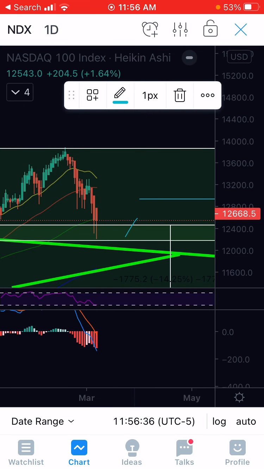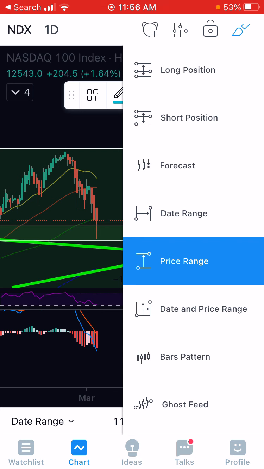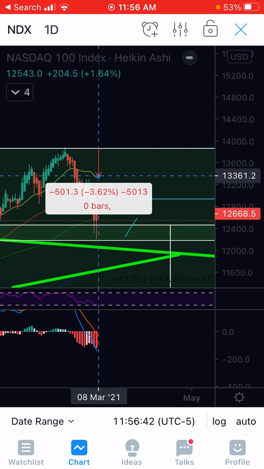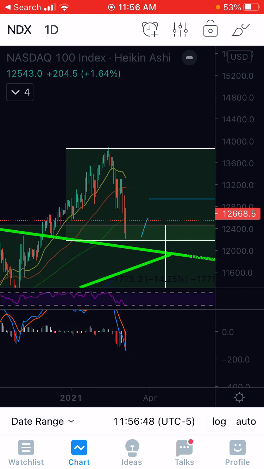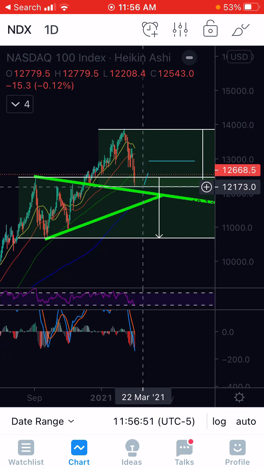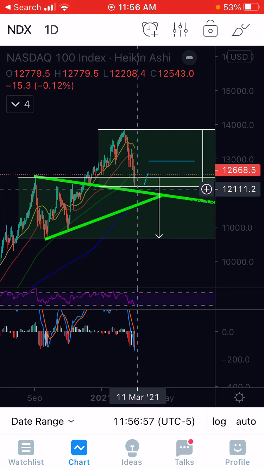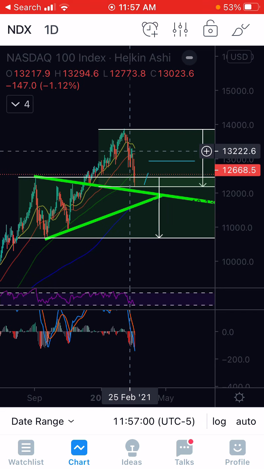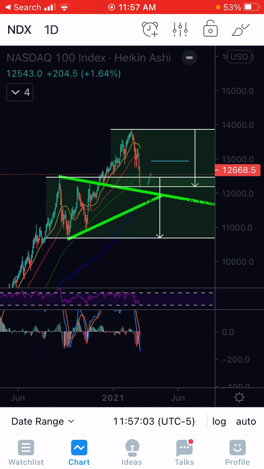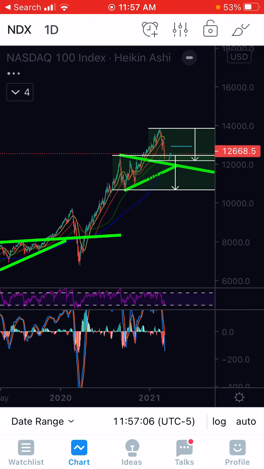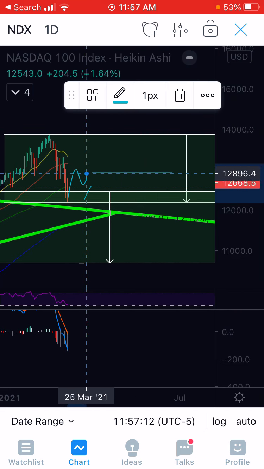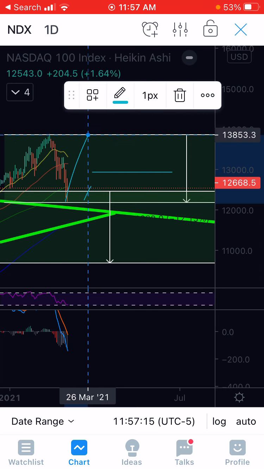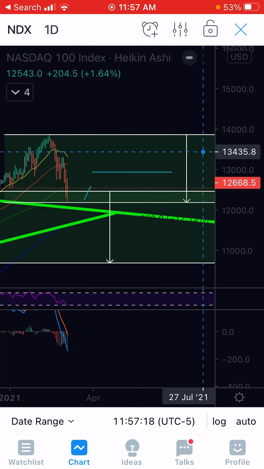All right, and I was talking about the potential of, what did I say? I don't remember if I said 10 to 15%, but we're right at 12%. So we could come down a little bit lower, but I think we're going to catch a lot of support right here where we caught prior, and we could catch a lot of support at 12,000, roughly, if we do continue down further because of this death cross. So keep all of that in mind, but we're very, very close, in my opinion, to starting to see some buying back here, which should be very good for our stocks. It just depends on how this works out. All right, so that's all I got.